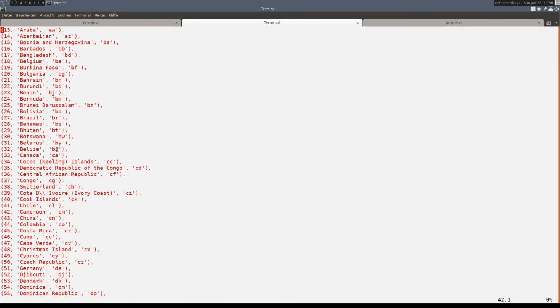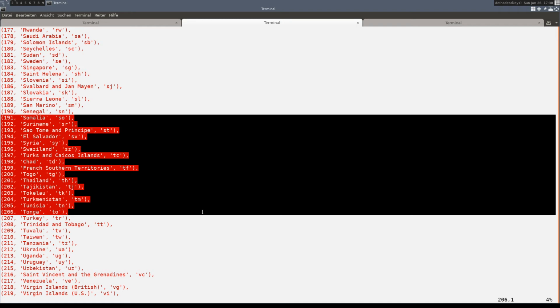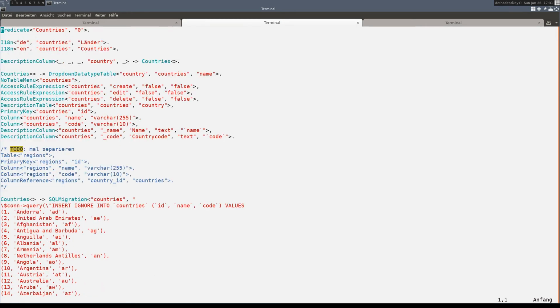Yes, this is the list of all real existing countries in the whole world. And as soon as we use a column called country, it will, yes. Okay. Here we have the rule, the guilty rule, description column with country inside. Then we have a list